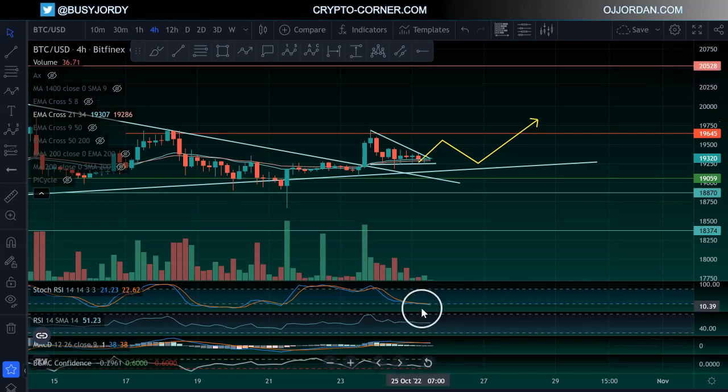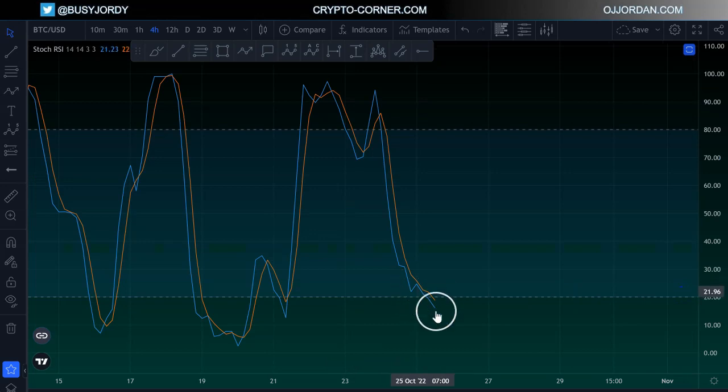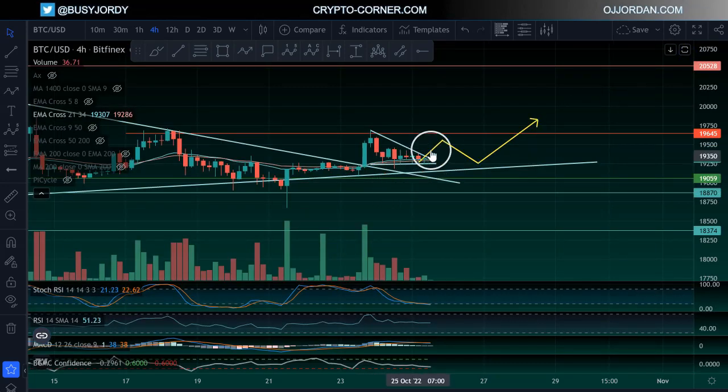Also, at the same time, we do have stochastic RSI being quite bullish. It's going into the oversold region, and as it comes into that oversold region, we bounce on the upside, and this is in terms of price as well. So this is why I'm expecting a confirmation of our uptrend right now, finding support here, bouncing on the upside, and for the rest of this week, I'm expecting that we will be challenging the 19,500